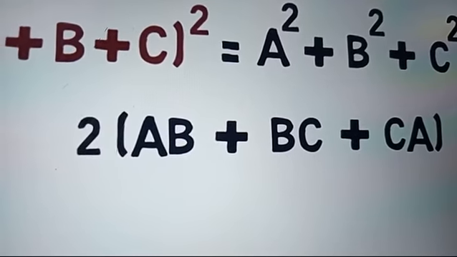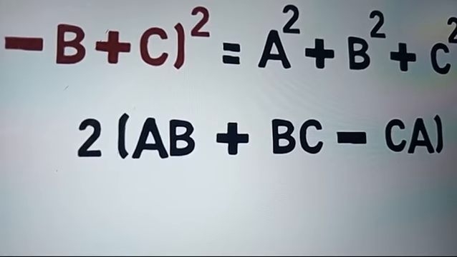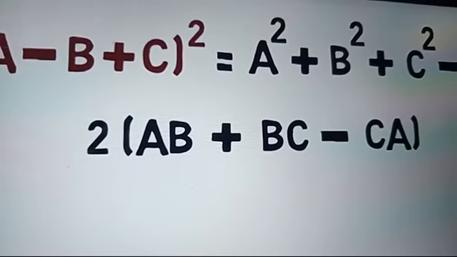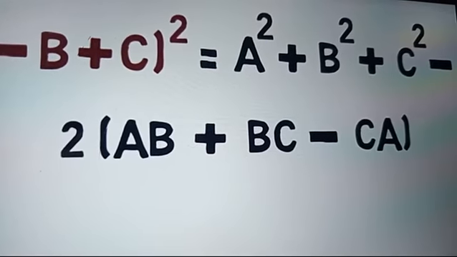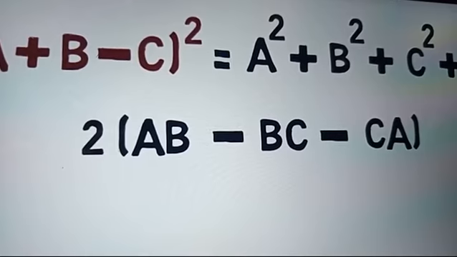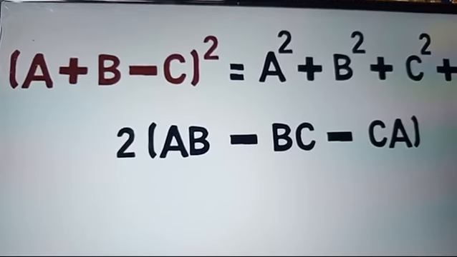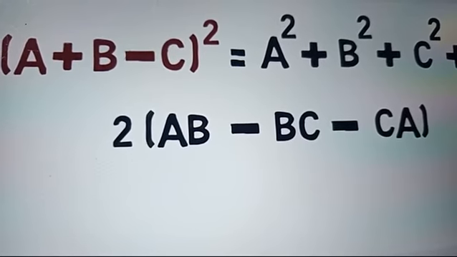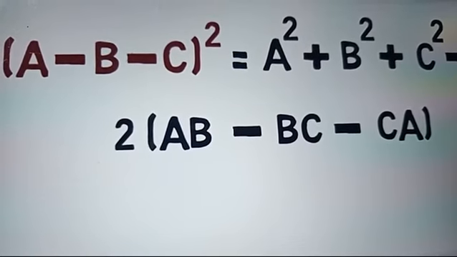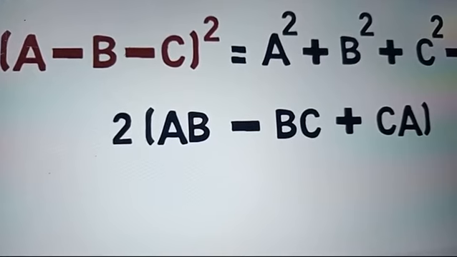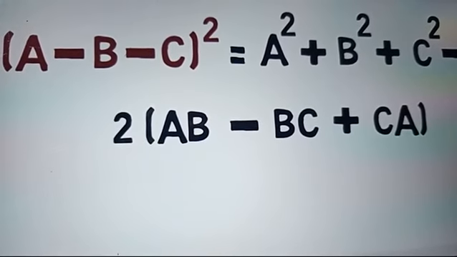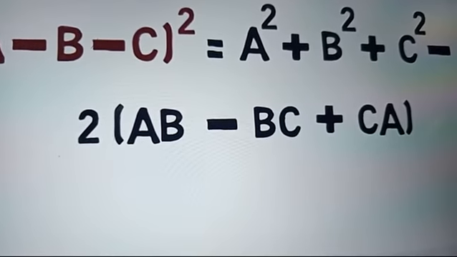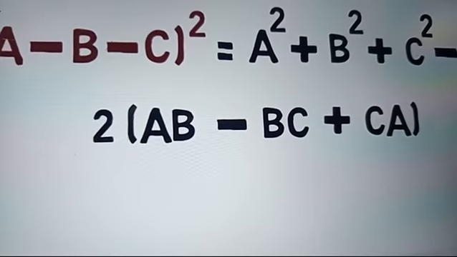First of all, let's consider b with a negative sign. In this case, wherever you get b, just put minus b instead of b. So you will find the expression like this. In the same manner, if you put c with a negative sign, you'll get this expression. If you put both b and c with a negative sign, you'll get this expression. So we are not doing anything, we are just putting b or c or a, whatever you want, with a negative sign, and your expression will get modified.